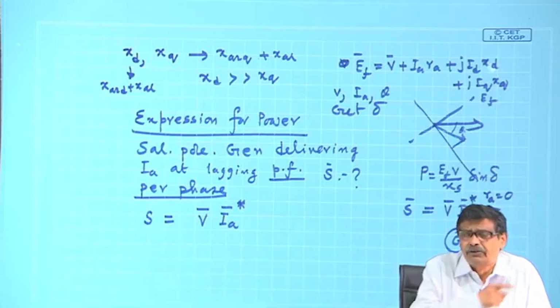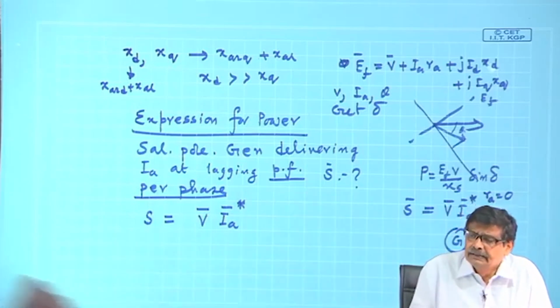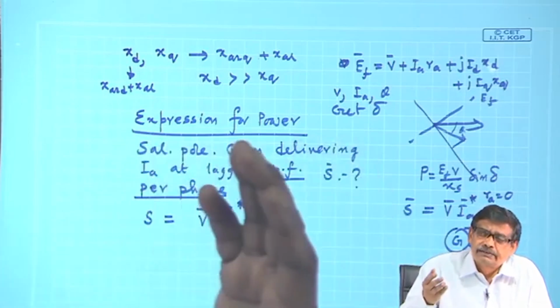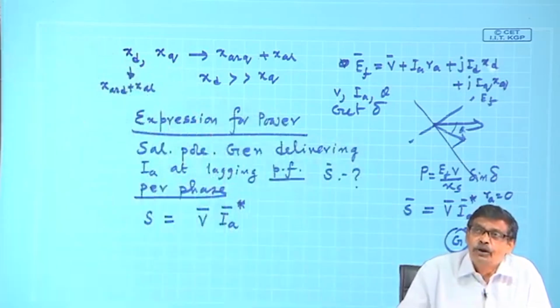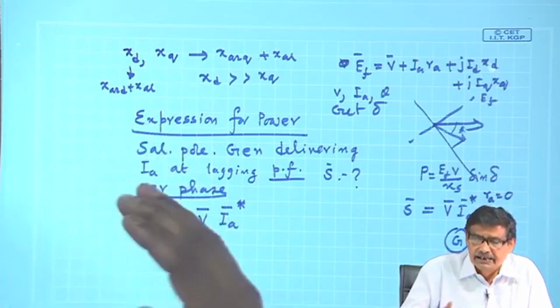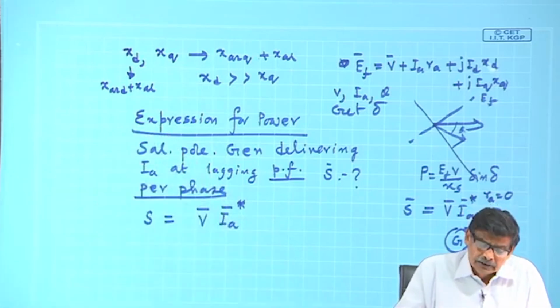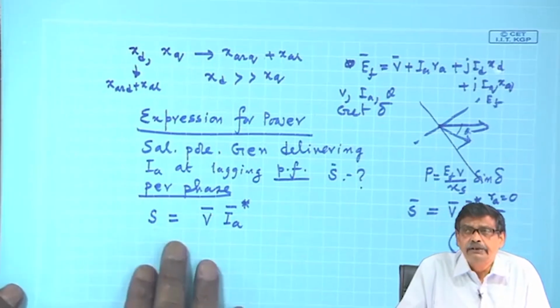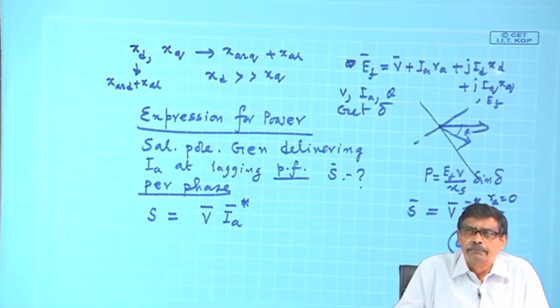It becomes easy. Draw first E f, I a, then E a plus I a r a plus j I d x d plus j I q x q will give you the terminal voltage, and E f will be below phi. So, with this note I finish today,